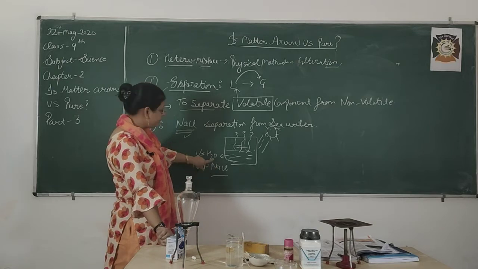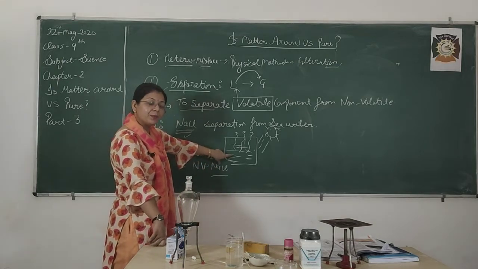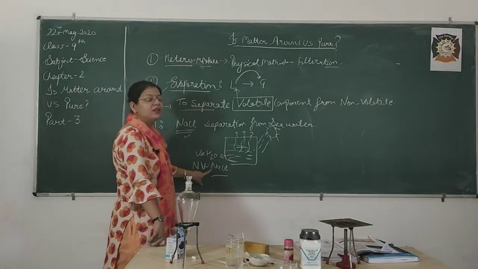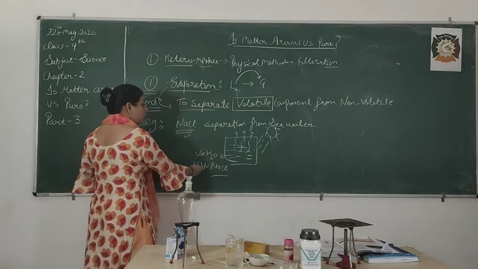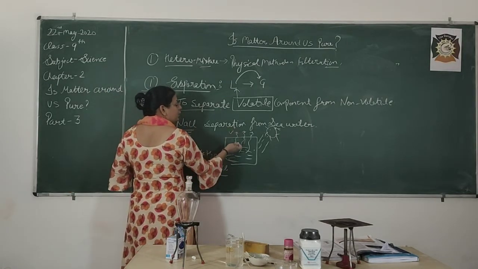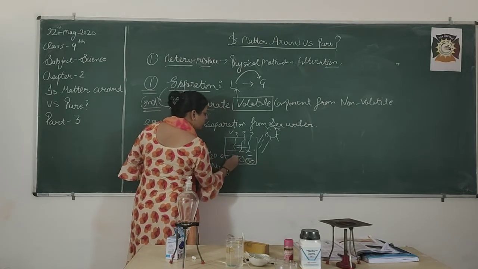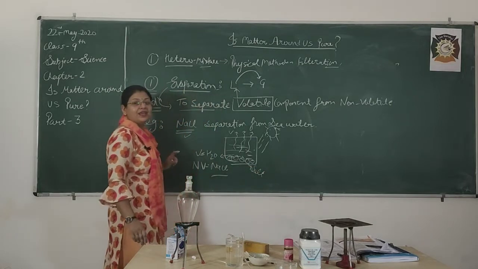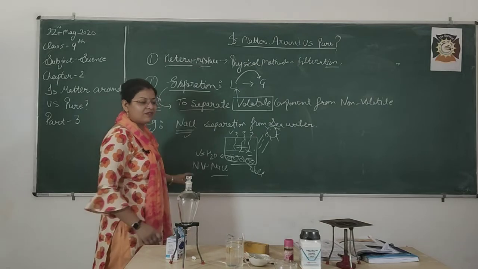Getting my point, beta? So is this mixture going to satisfy the condition to use evaporation? Yes, because one is volatile and the other one is non-volatile in nature. So water converts into vapor form and it will evaporate, and what are we left with? We are left with the salt particles, and that's how we can separate the salt. Okay, so this is the method of evaporation.